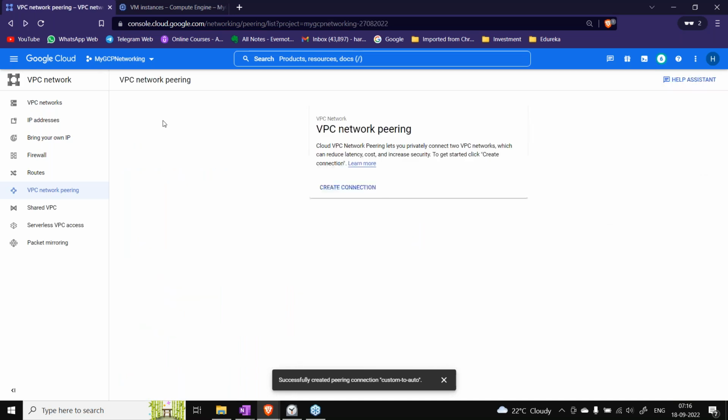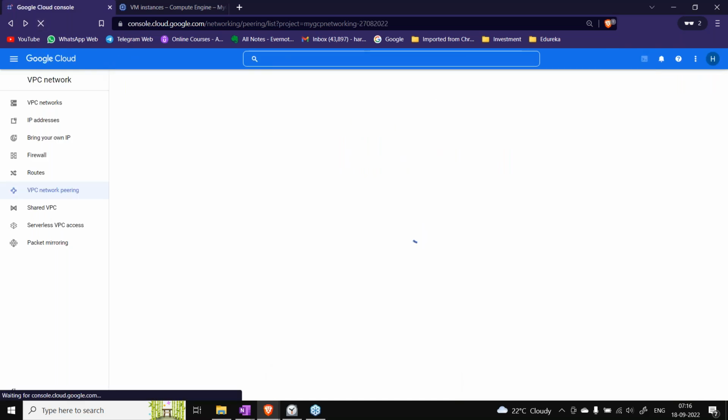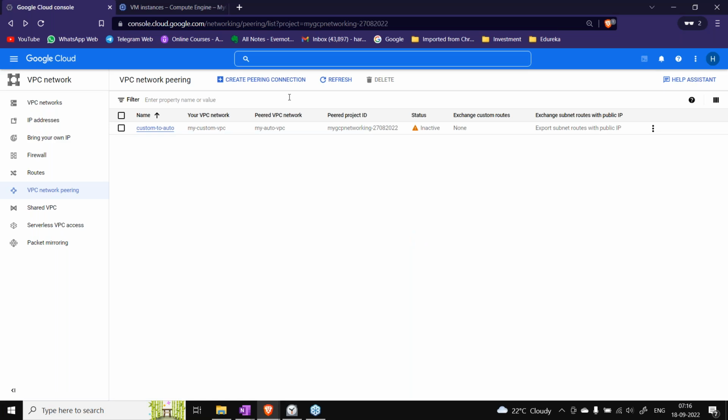Now, if this has to work, I need to have the other way around as well. We need to have both ways, correct? If you want a peering between two different projects, then this is the only work you will do in this project, and then you will switch to the other project and do the vice versa, from auto to custom.